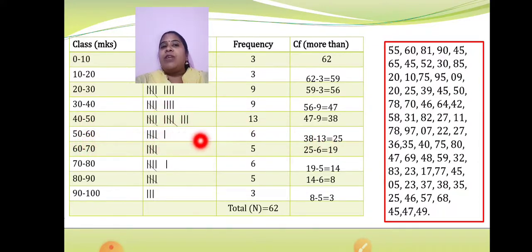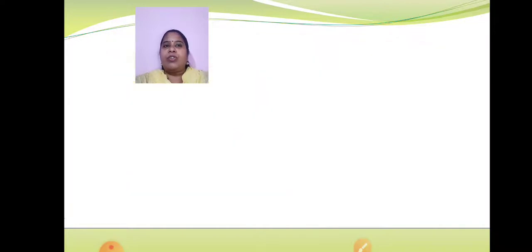How many students have got marks 10 or more than 10? Where will you search in this? Obviously not in the first one but in the second one. 10 or more than 10. So how many students have got marks 10 or more than 10? It corresponds to 59. So 59 students have got marks 10 or more than 10. Now I hope the concept is clear to you. Yes. Now let's see what type of questions are asked based on this.